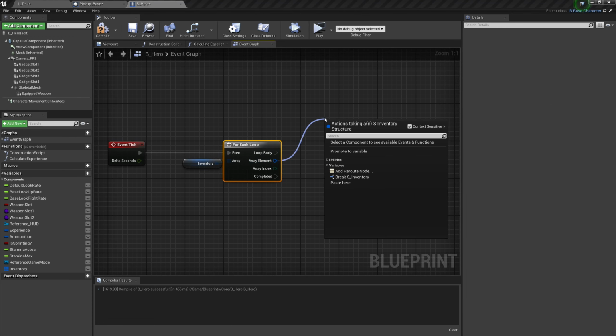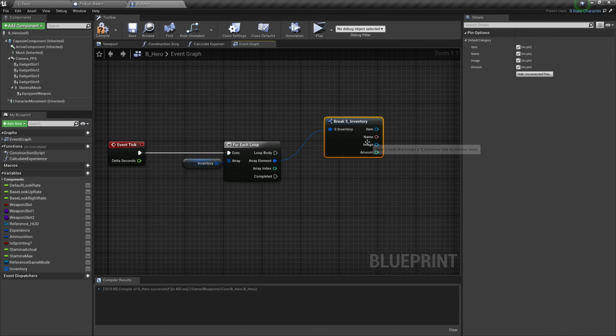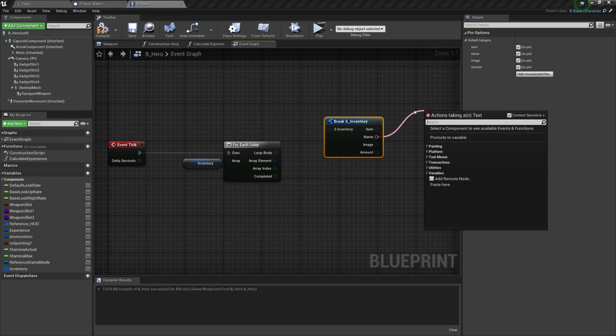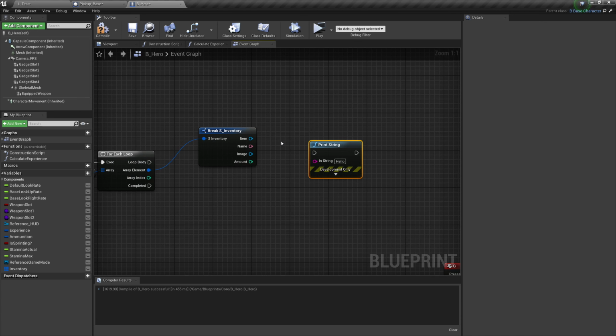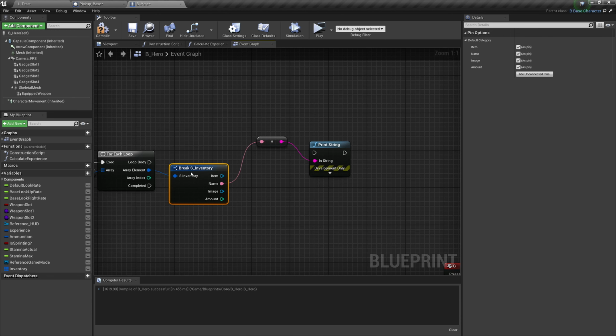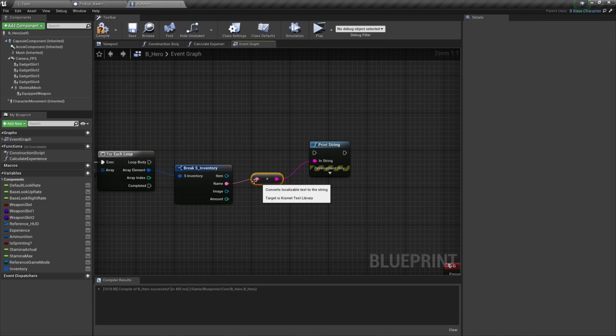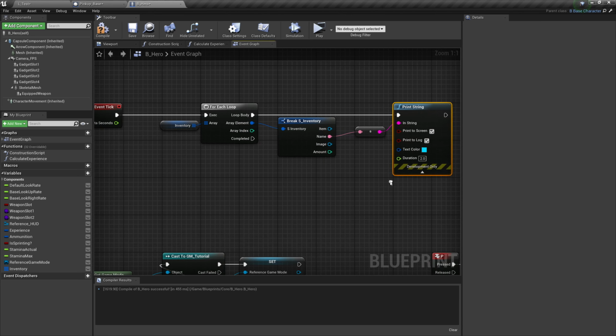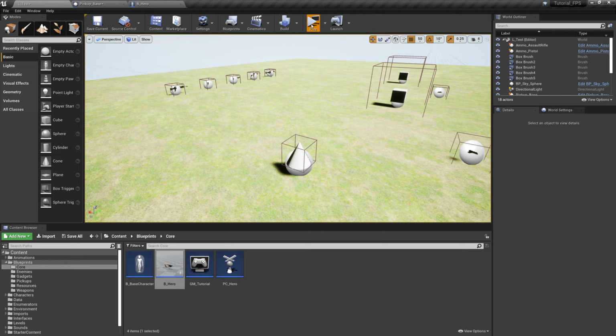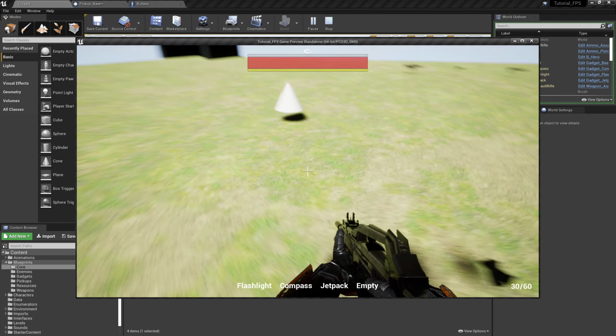We will break and grab that name and print string and plug the name into the string. And so if anything comes up in our inventory, it's also going to come up on our print string, but let's remember to plug duration into delta seconds so it doesn't go crazy. Compile, save that. So we walk up to our item, we pick it up,